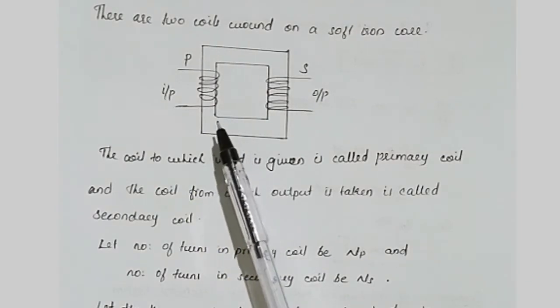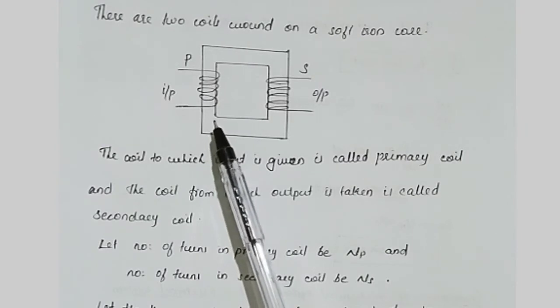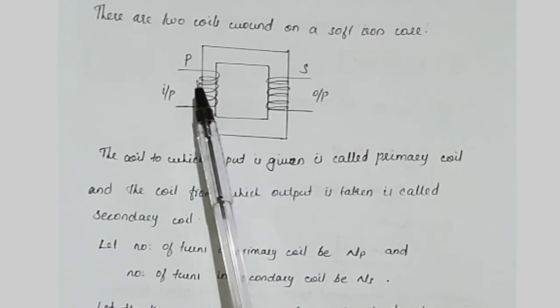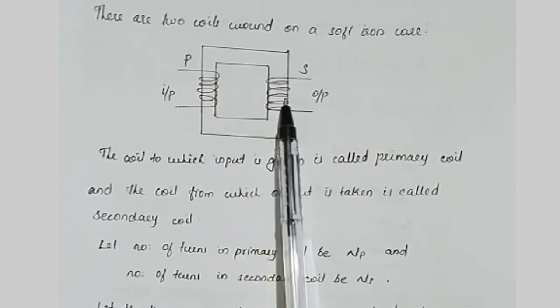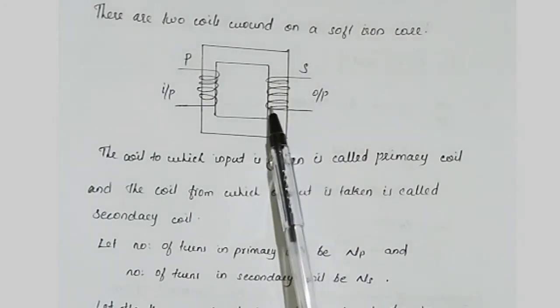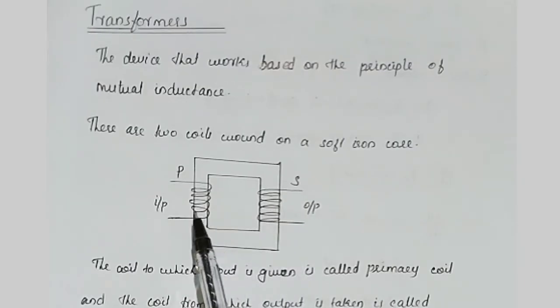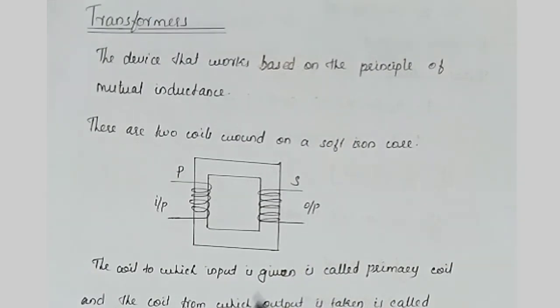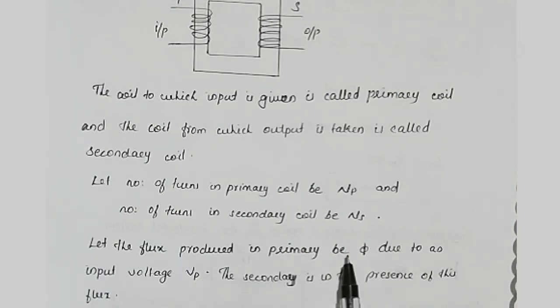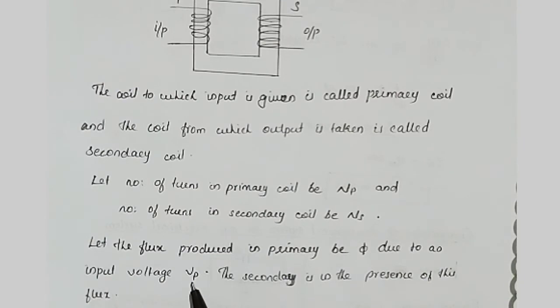And we know the principle of mutual inductance here, which is that the flux produced by the primary coil creates an induced EMF in the secondary coil. As we can see, the secondary coil is in the presence of the flux produced by the primary coil, and due to that change in flux, the secondary coil also produces an EMF that is taken as the output voltage. Flux produced in the primary coil is taken as phi and the input voltage provided here is taken as Vp,